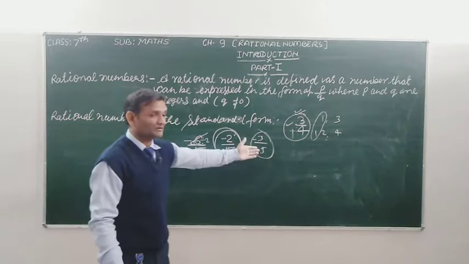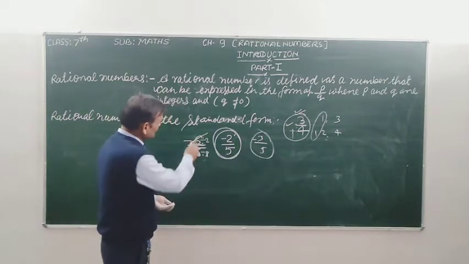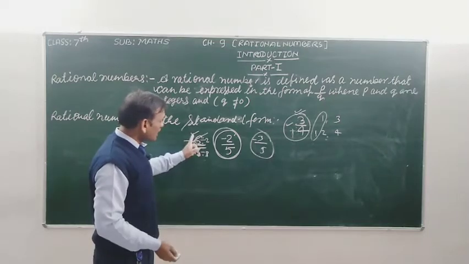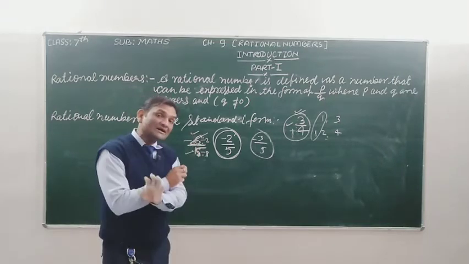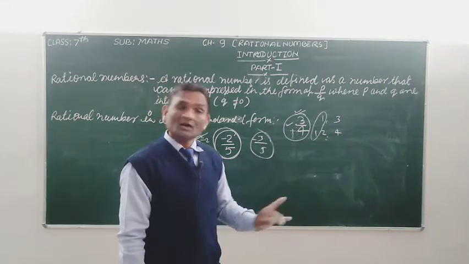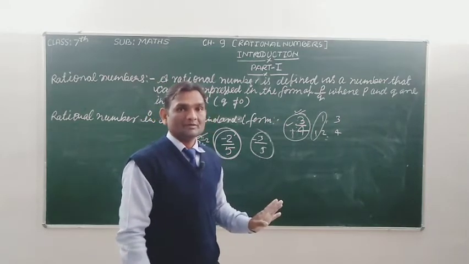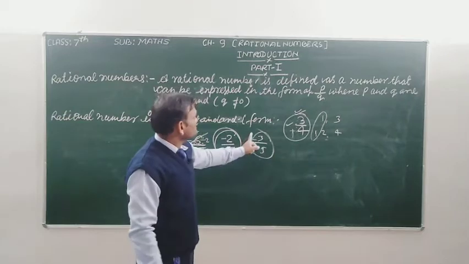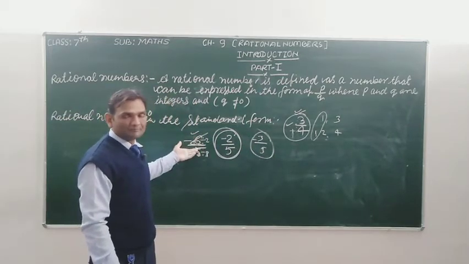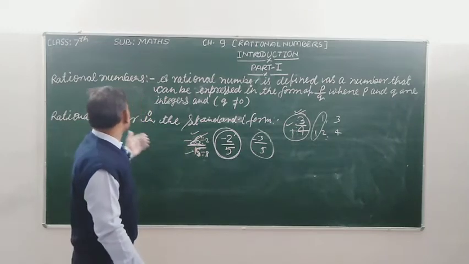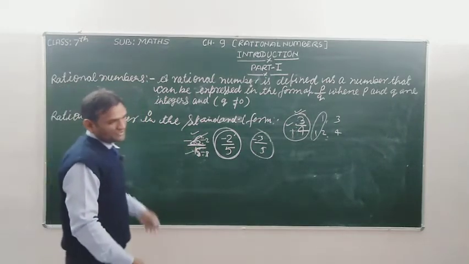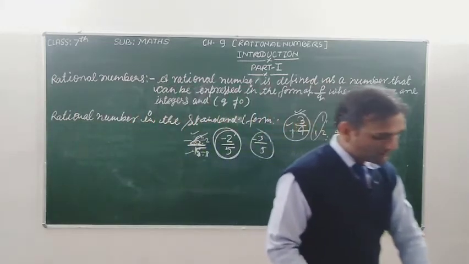No, it's wrong, because you are dividing the numerator and denominator by different numbers. I am saying here that you have to divide the numerator and denominator by the same number, not by different numbers. Then you can find the simplest form or standard form or lowest form of the rational number. So student, I hope you have understood the standard form of the rational number. So come to the next topic, student.